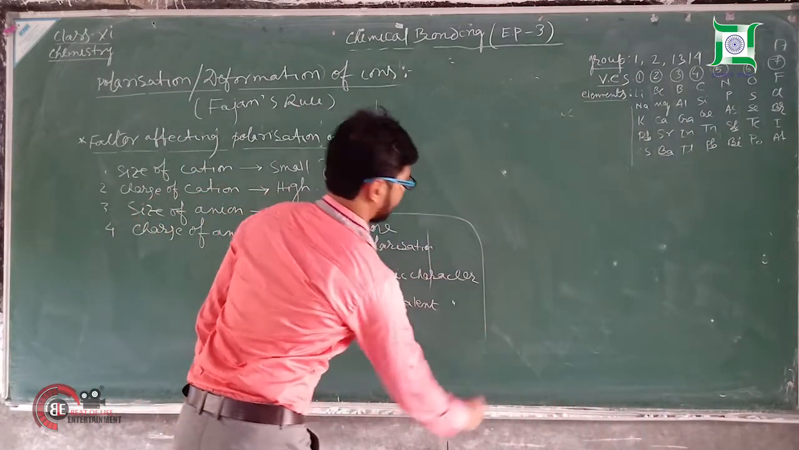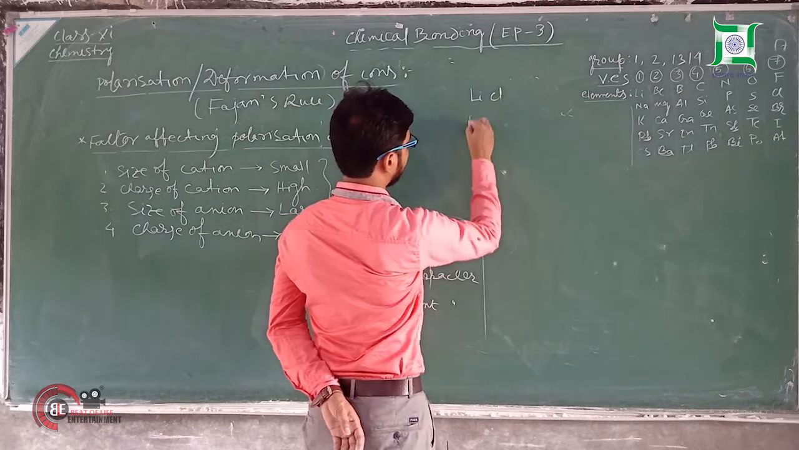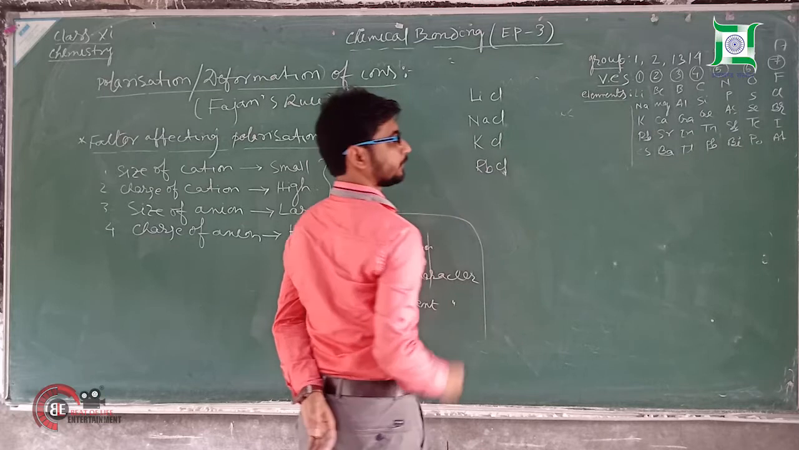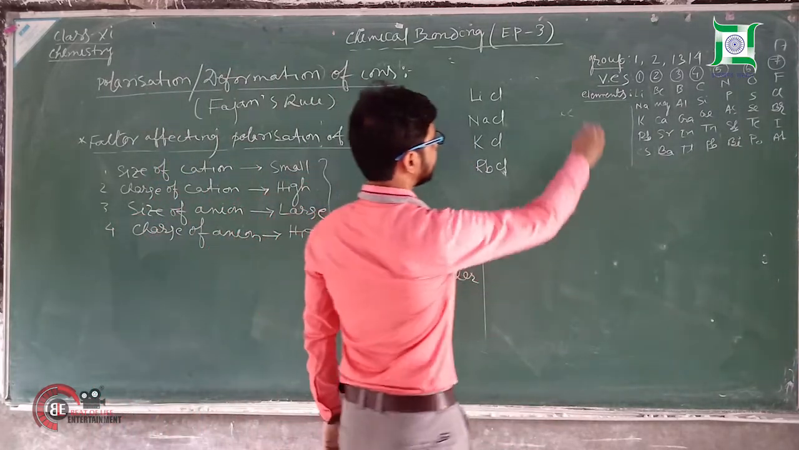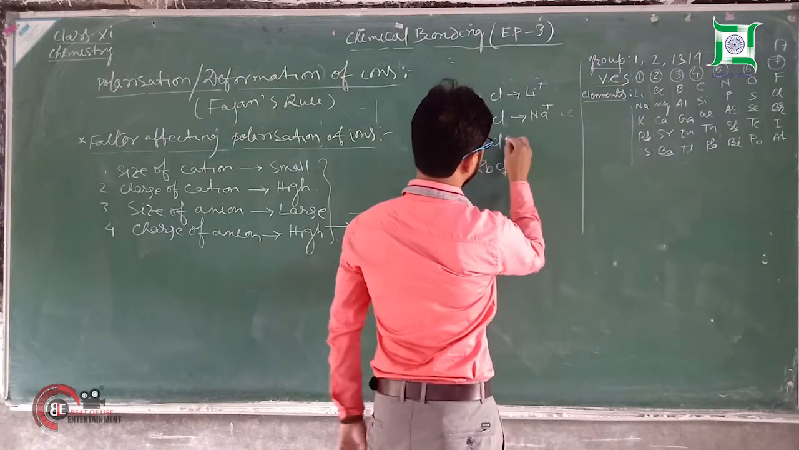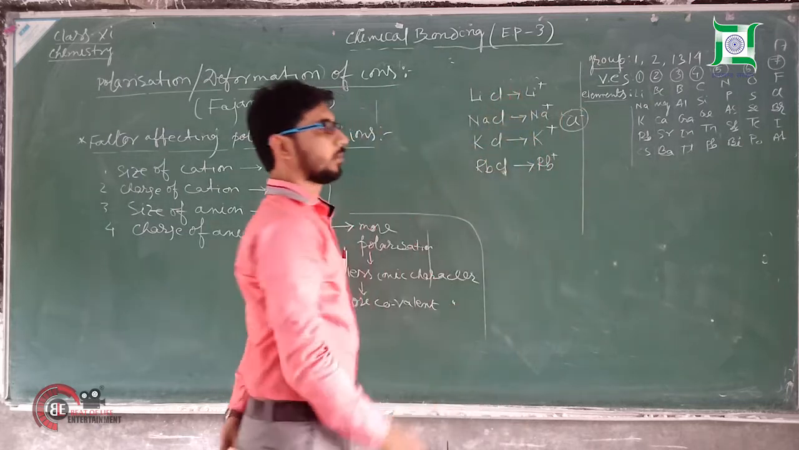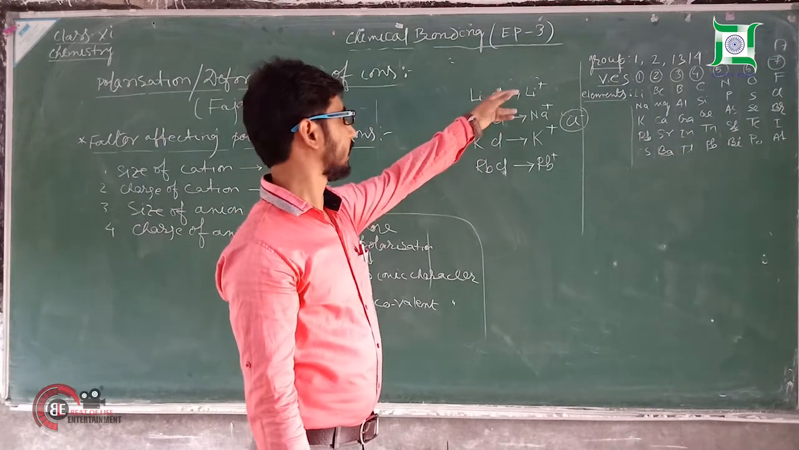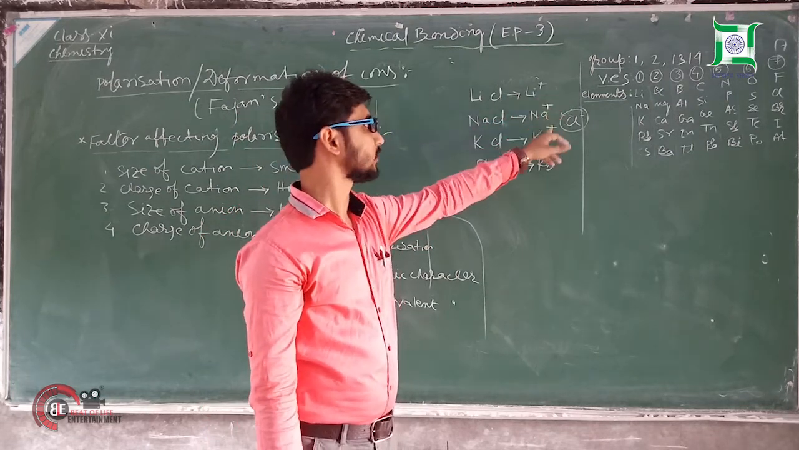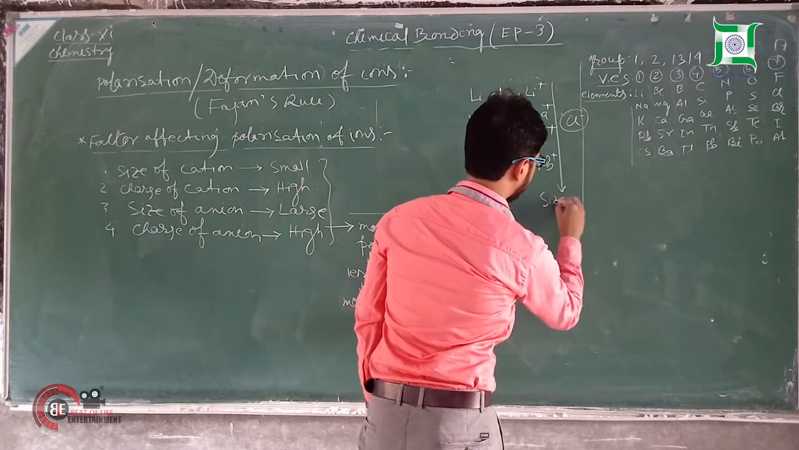Now let us take the halides of group 1: LiCl, NaCl, KCl, RbCl. In all these, the cations are Li plus, Na plus, K plus, and rubidium plus. And anions are the same for all 4 halides, that is Cl minus. So in the given example, the anions are same, but the cations differ in their size. Charge of both the cations is +1, but down the group from lithium to sodium to potassium to rubidium, size of cation